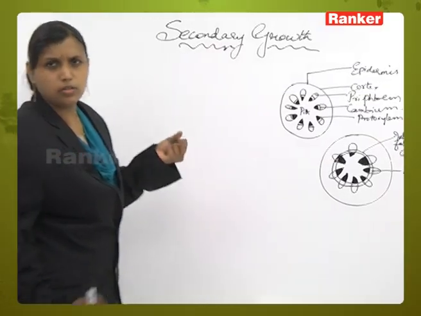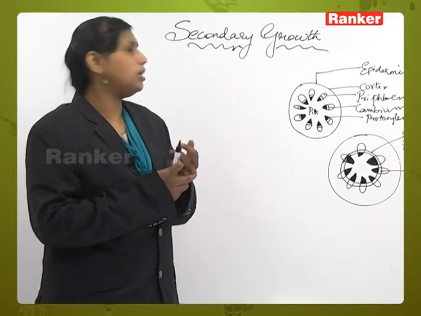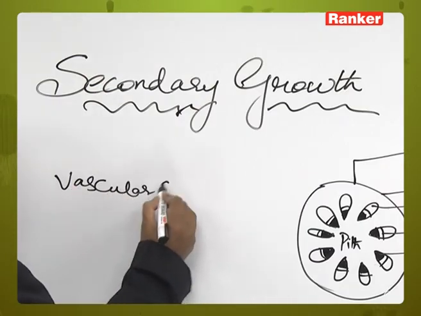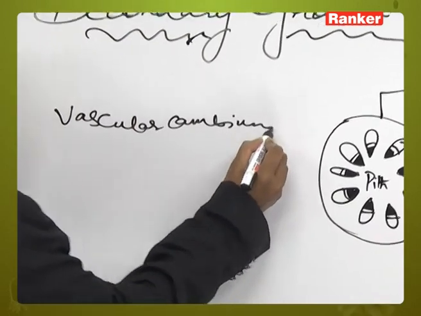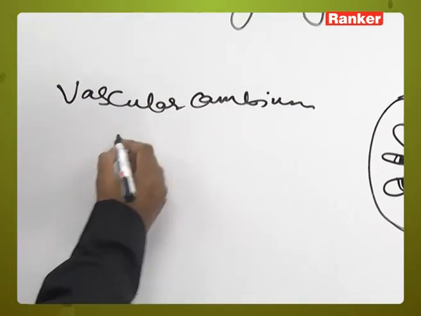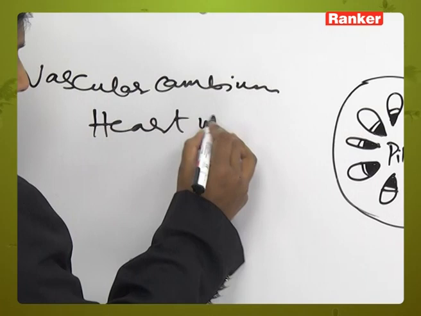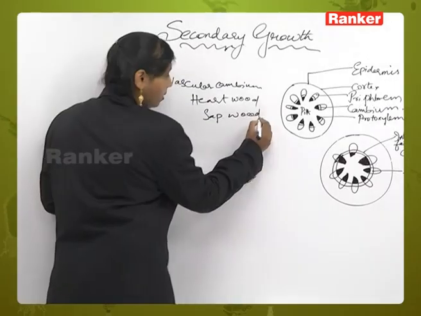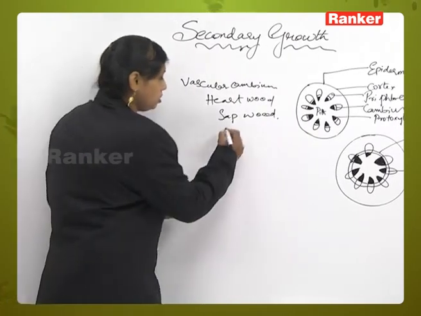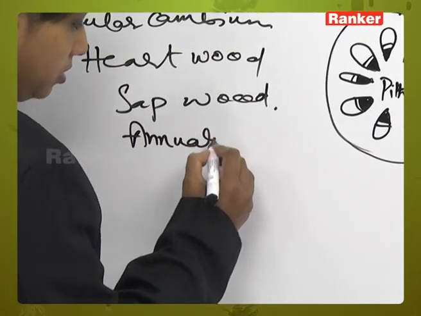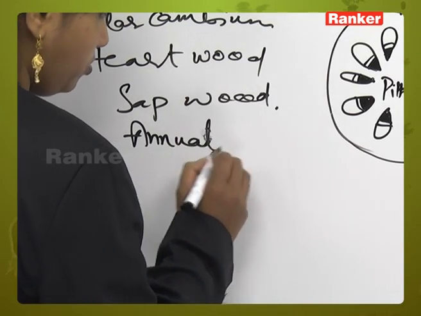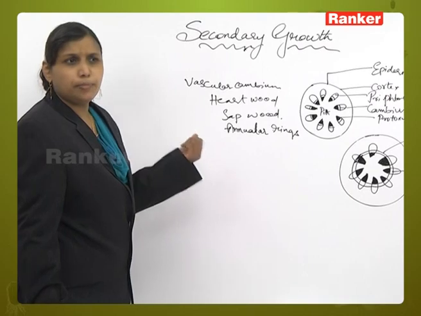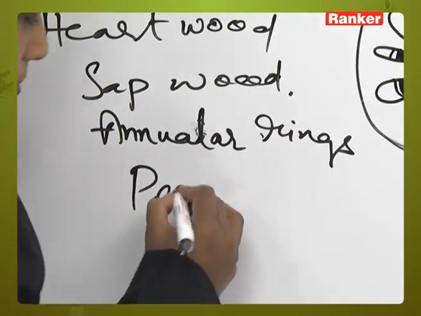We will be dealing with the secondary growth. In secondary growth we will be talking about the vascular cambium, its activity, and we will be talking about the heartwood, sapwood. We will be talking about the formation of annual rings, lenticels, periderm, all these topics, periderm formation,